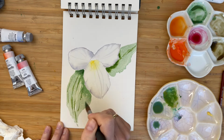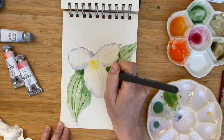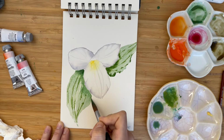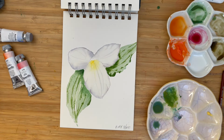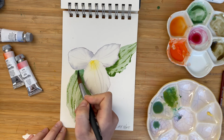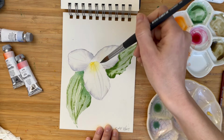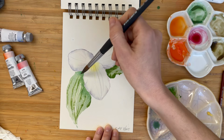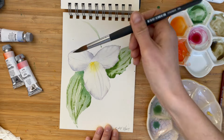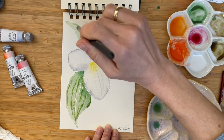And trillium leaves have some parallelly arranged veins like that. You can also add a bit of contrast around. Let's find a nice place for the top one. For the upper petal, always try to imagine where it will grow, how it will grow underneath the flower, where it will all be connected. So like this, and then maybe a little bit like that. And then you just fill in the